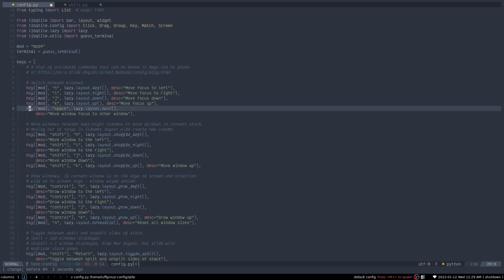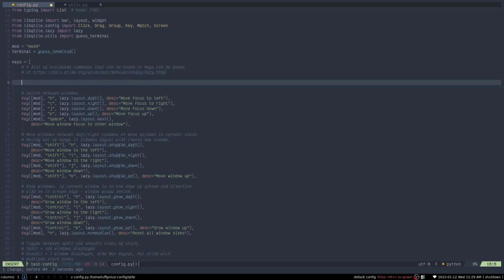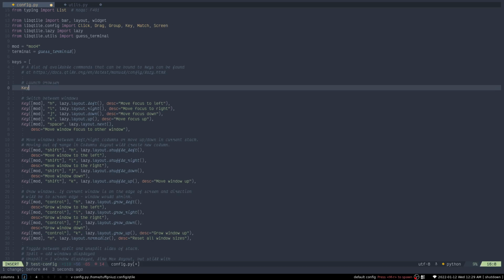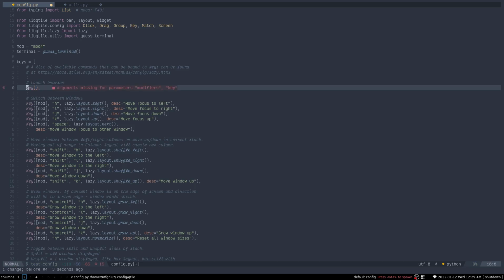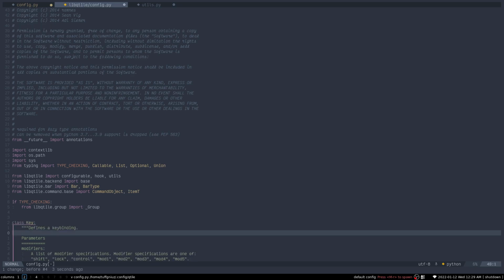Defining your own key bindings is pretty easy. You can just take a look at how the default ones are created. So let's make one where we, for example, launch Firefox or any browser that you want. So, launch browser. As you can see, we just make a new key object instance and then pass in some arguments. If you want to know exactly what arguments are expected, you can take a look at the documentation. But if we jump to the object definition,